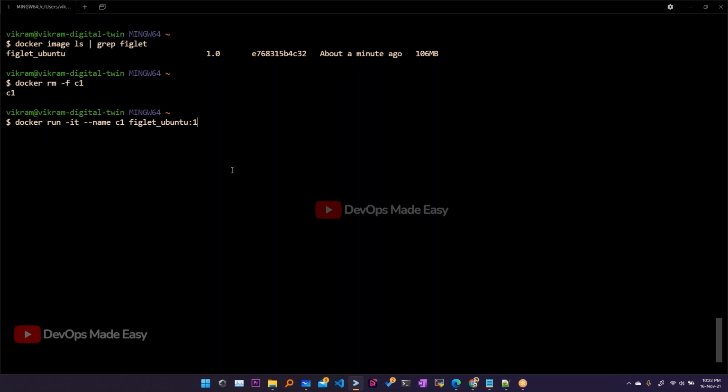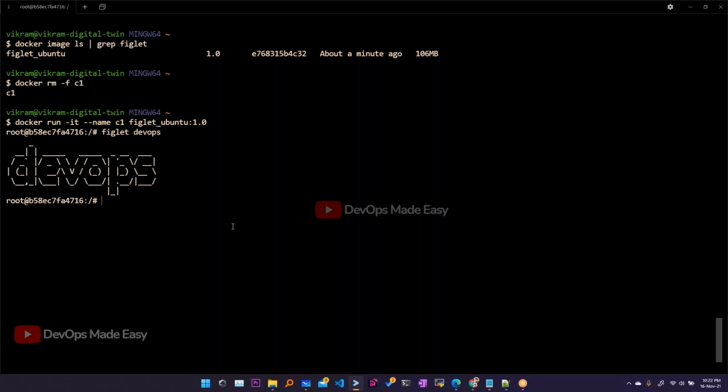Figlet image 1.0. This time again I'll be moved to the same terminal because I have not changed the starting process. The starting process is bash. Now if I just do figlet, it will be there. See, I have not updated any package index. I have not installed figlet. I've done it in the older container and then I've committed all these changes as a new image. Now I'm using this new image to spin up containers. Understood? This image is always going to stay in your machine, right?